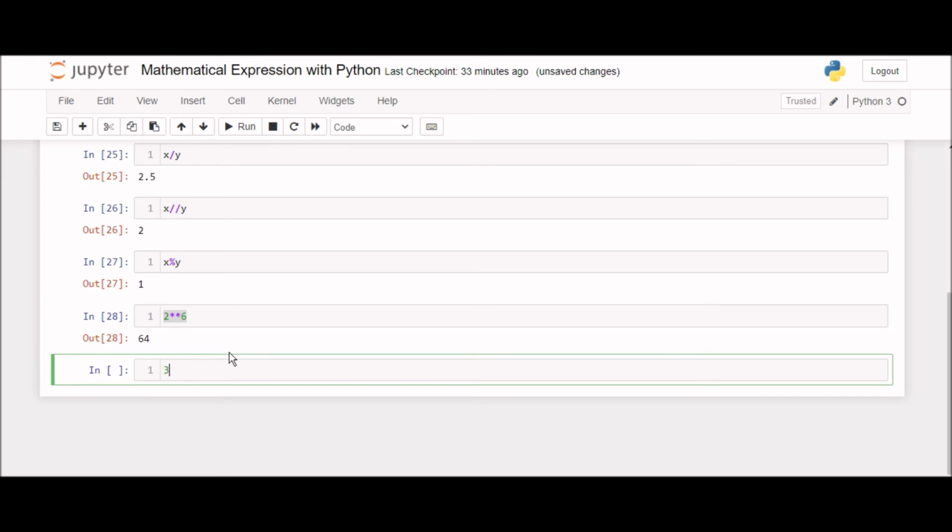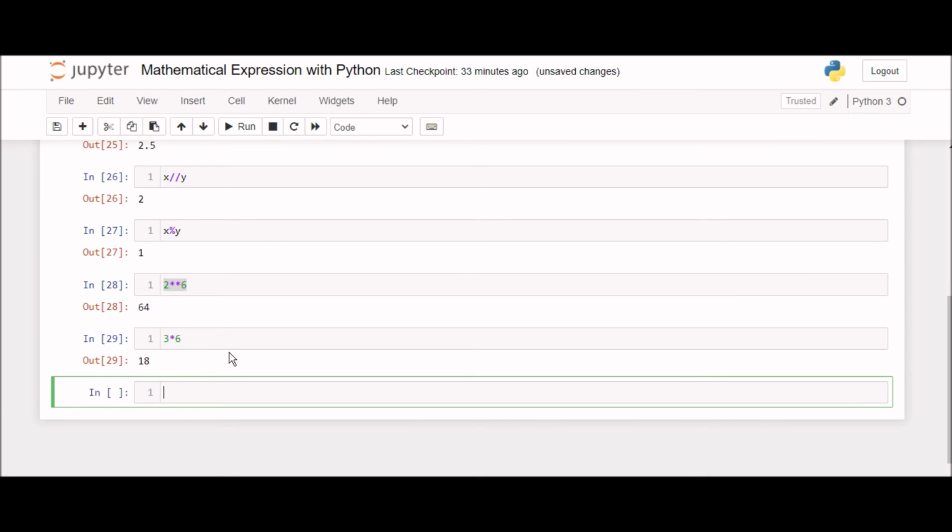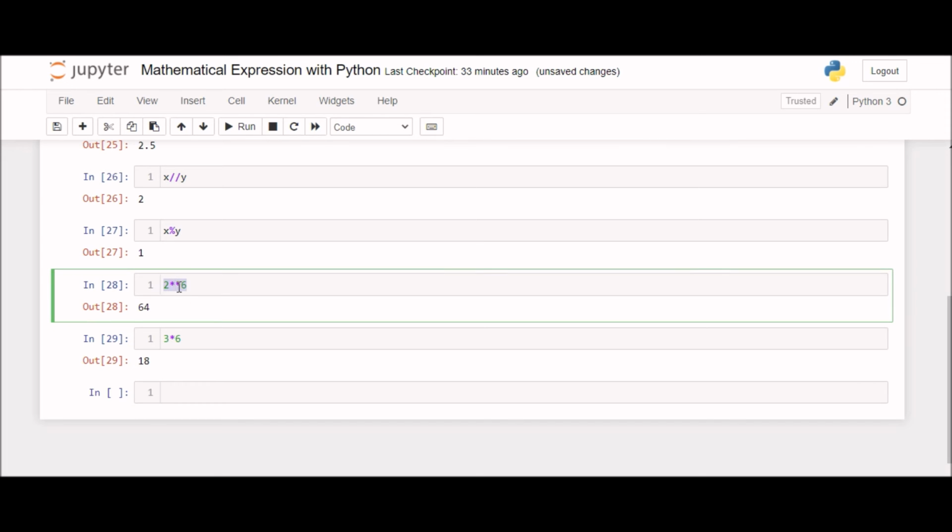With the help of a single multiplication sign you can multiply any values in Python, and with two multiplication signs you get the power. In computer languages and in Python, the multiplication sign is defined by an asterisk sign, and the asterisk sign is shift plus 8. So in this way you can add any values, divide any values, find the exponential of any numbers, and multiply any values. Okay, let's move further.